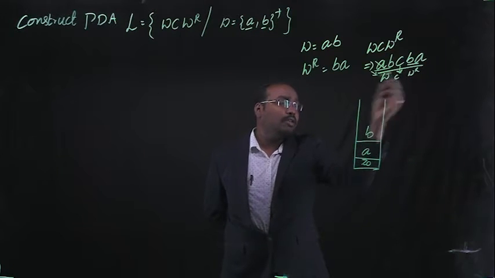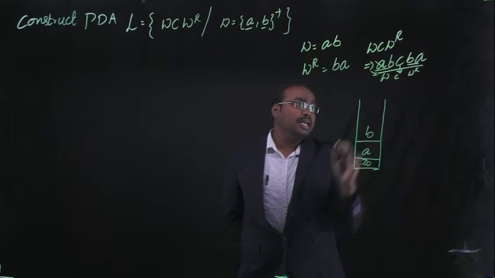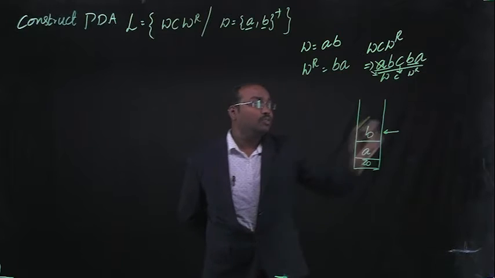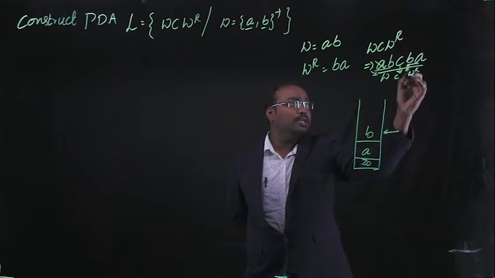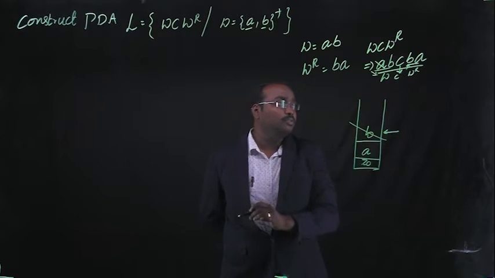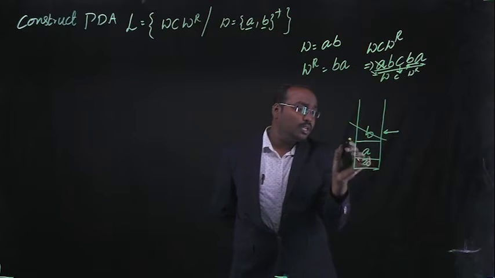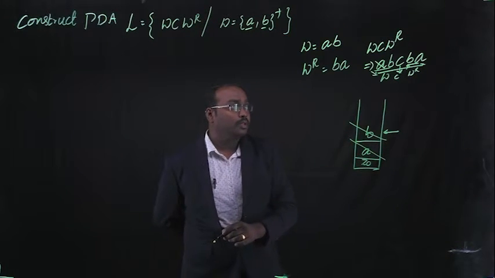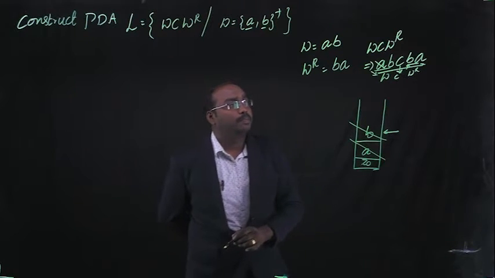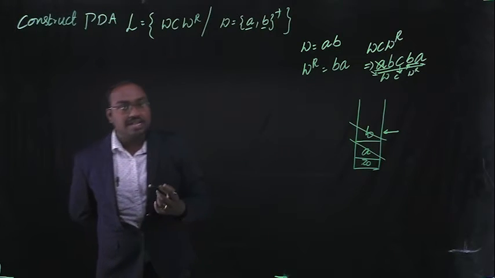Next, whenever we see the input symbol C, leave the stack as it is. Now the top of the stack is B. Whenever we see the next input symbol B and the top of the stack, both are matched, so the top of the stack should be removed, and the next input symbol is A, then again we remove the top of the stack. So this is the procedure. Then how to construct a PDA for this language? How to draw the transition diagram for this language?